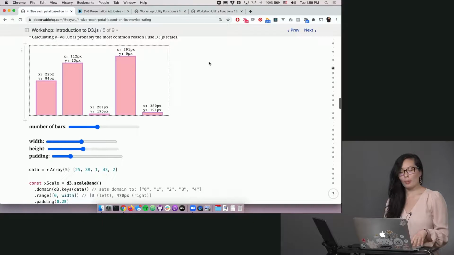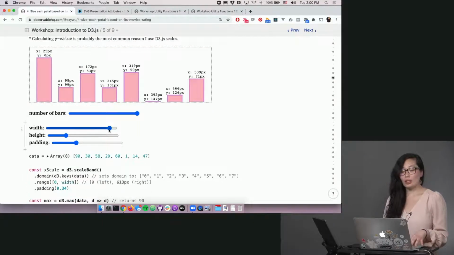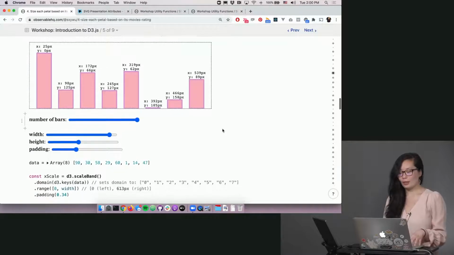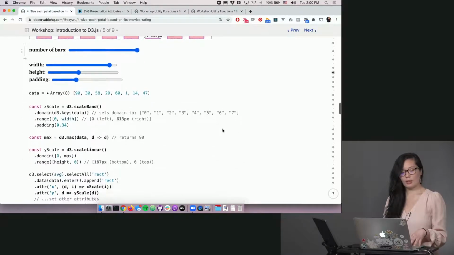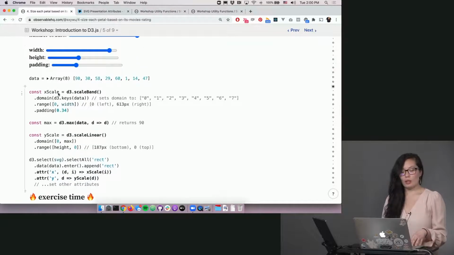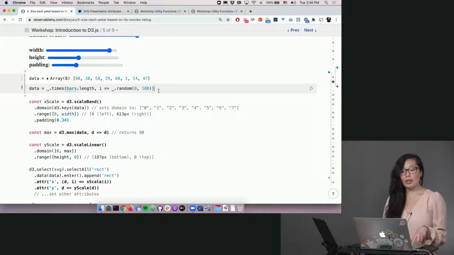Let's dig into the code to see how this is happening. Here are the most relevant parts of the code. This is a data array that's being randomly generated, and we specify the number of bars we want. This is a Lodash function that I also use a lot, that basically given a number here, just creates